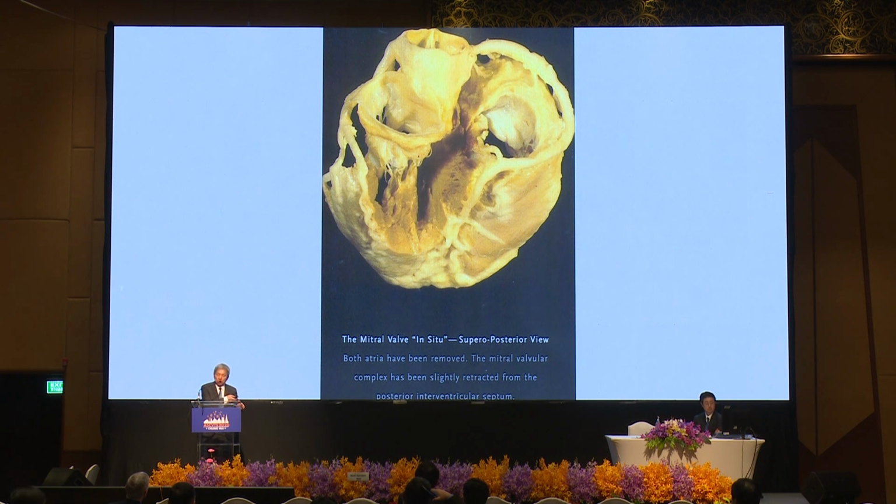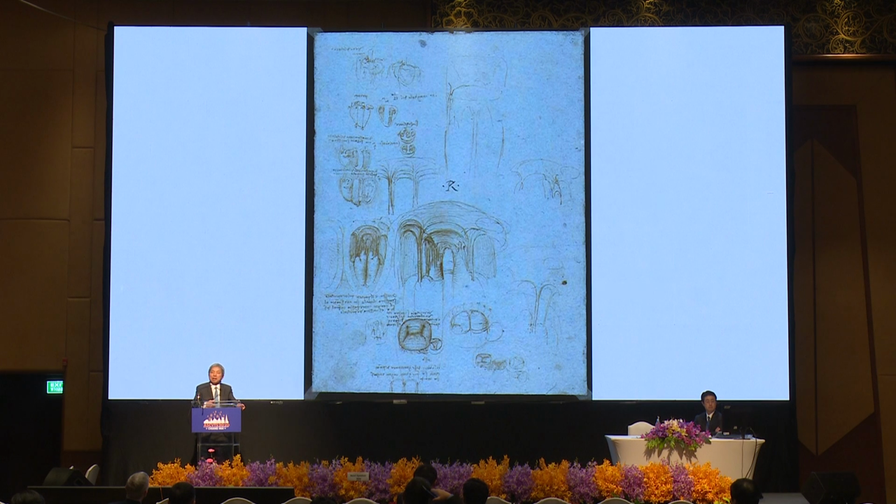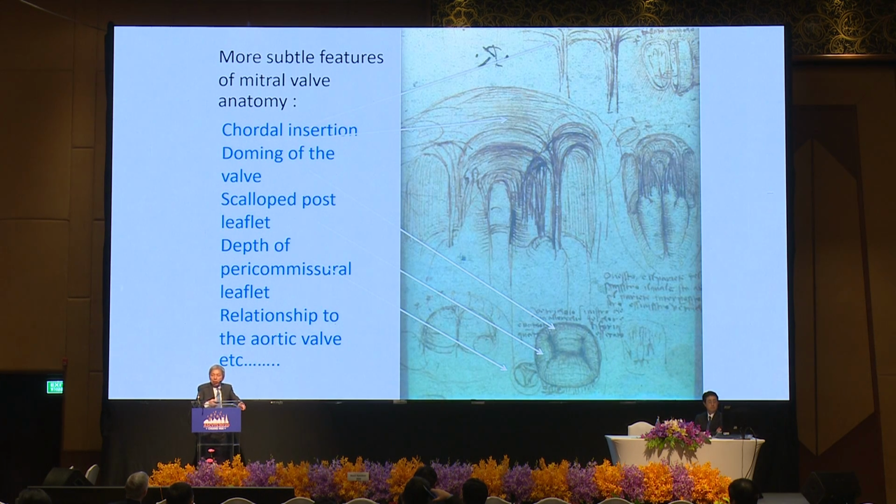this type of anatomy, his drawings from the past, without any echo and the formality of anatomy, allow us to understand that the valve has domes that look like leaflets with coaptation and four leaflets. All of this by imagination, and it was proved to be true later on. And then this structure has been understood to create a lot of durability, like the dome in Barcelona. I suddenly forgot the name of the very durable cathedral, because of understanding of this type of